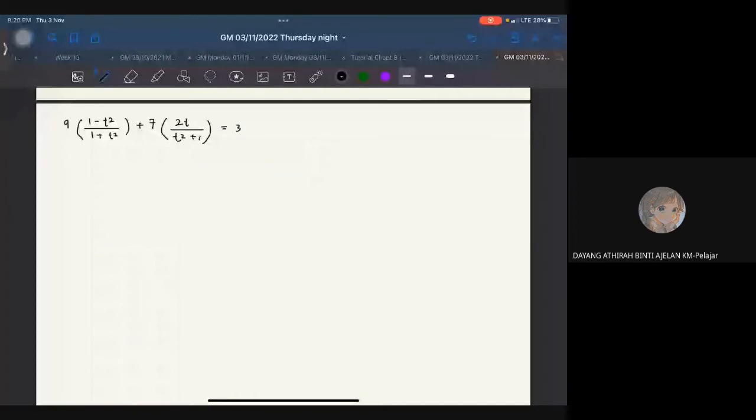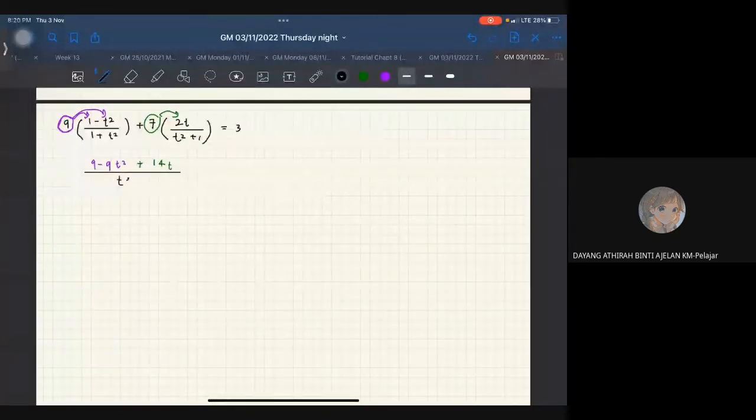Okay, and then the same goes to 7, saya expand dengan 2t. So, for the 9, saya dapat 9 minus 9 t square. Okay, and then I get plus 14 t. Okay, so divide with t square plus 1